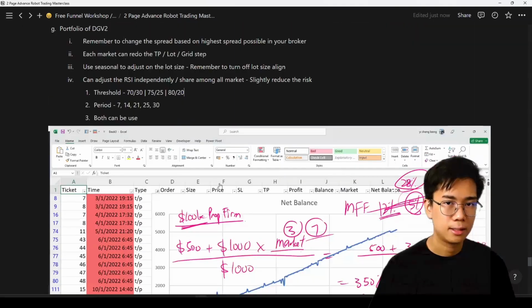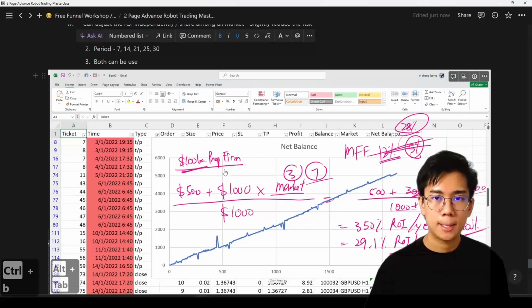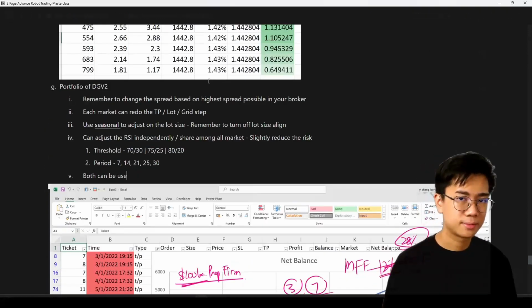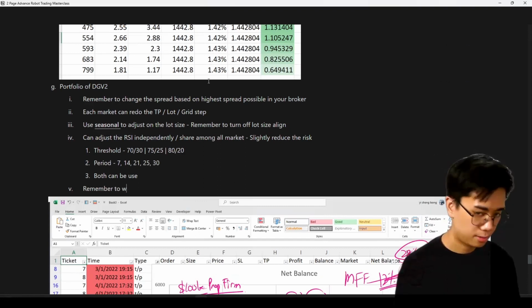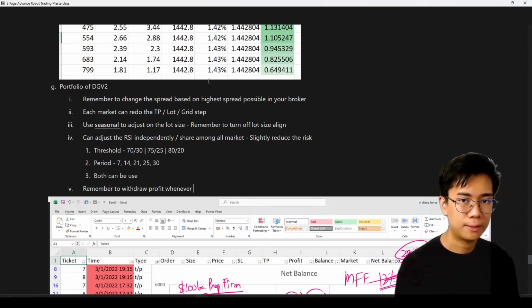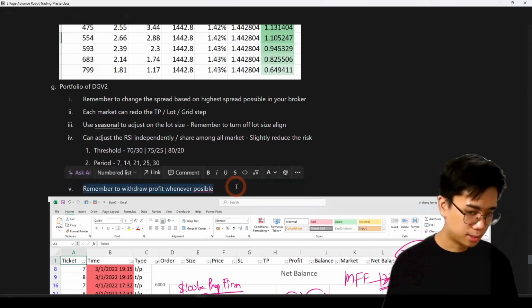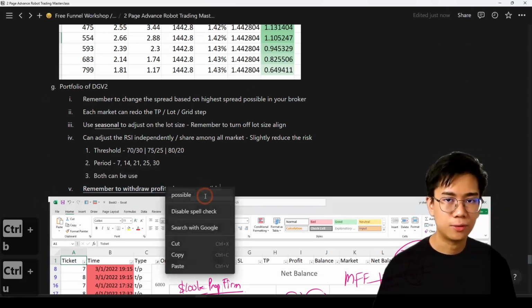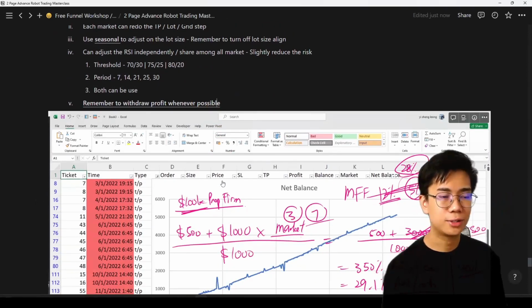This one is quite important. Remember to withdraw the profit whenever possible. This is a super important thing, because a lot of the time when people are using this strategy, they don't withdraw. You need to make sure that you do withdraw, and when you make a withdrawal of the profit,